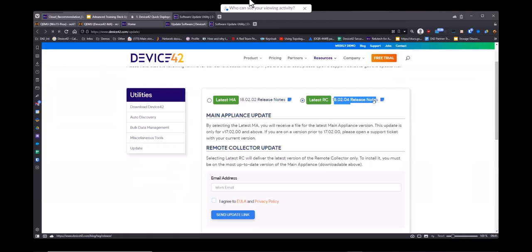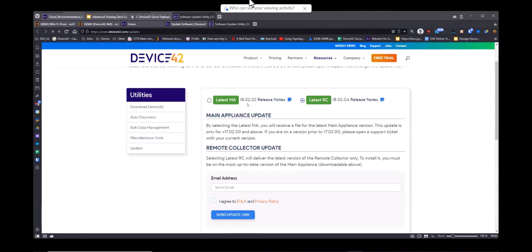We have 2 release cycles. We usually have between 6 and 8 weeks for a new main appliance release, and we will potentially every 2 or 3 weeks bring in a remote collector, a smaller update. The remote collector updates are usually specifically for new target systems. So whenever we put new SNMP things in for discovering more switches, whenever we do some changes in how we discover certain objects, this is usually